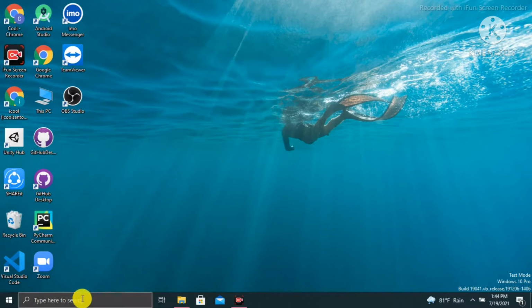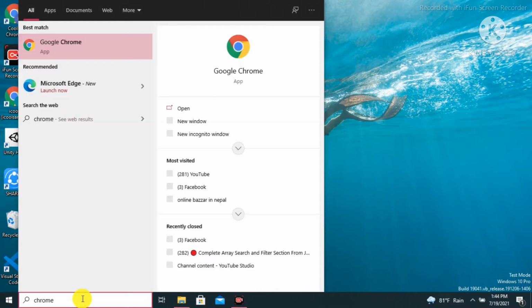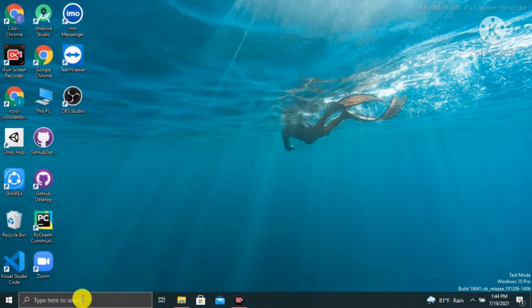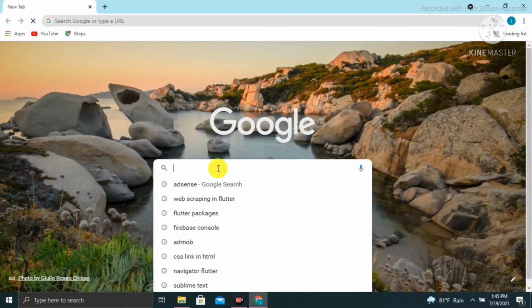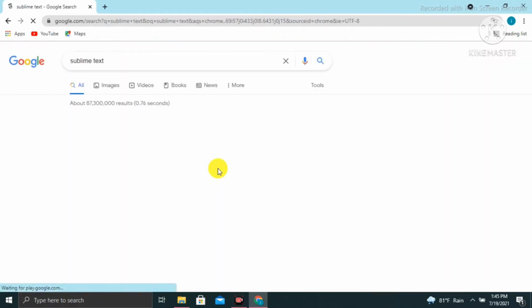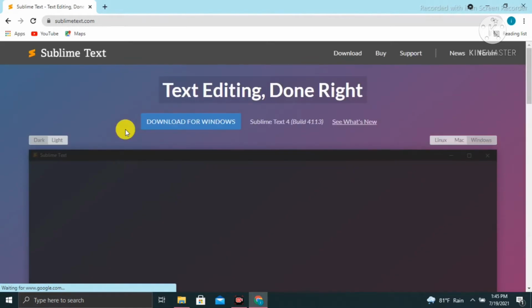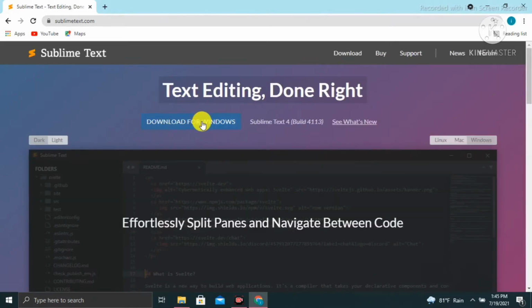First of all, go to any browser like Chrome, open it and search for Sublime Text. Okay, just text and click it. You get the first result, then click on the first result, and here is the option Windows for download for